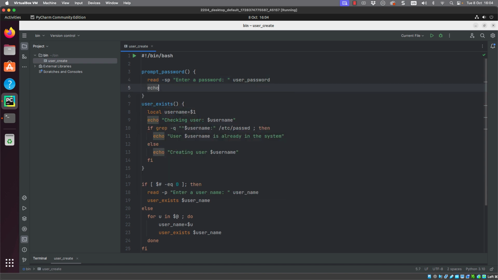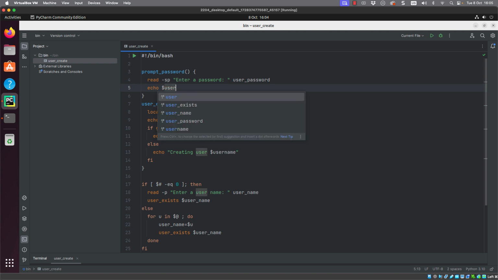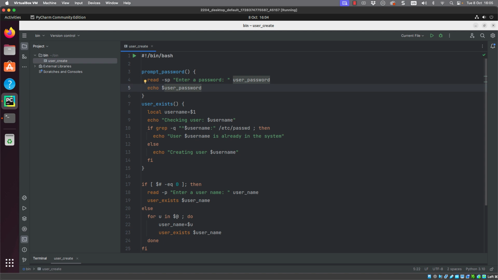Now this is in a function, and we need the value returned, so we can use echo. This might seem rather strange because we didn't want it echoed to the screen, but you will see how we implement this within our code. So just bear with me until we see how we implement this. I can then echo out the $user_password, but we'll use that to store in another variable. So we're never going to see our password echoed to the screen.